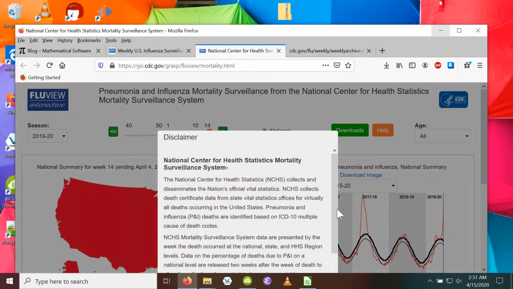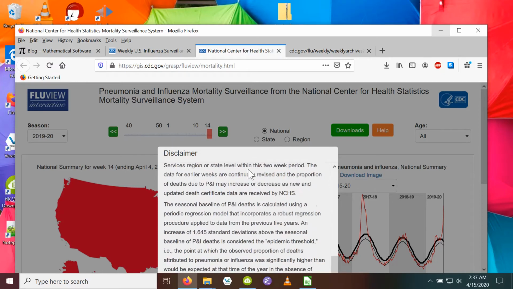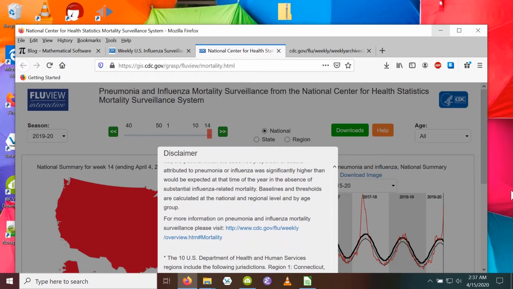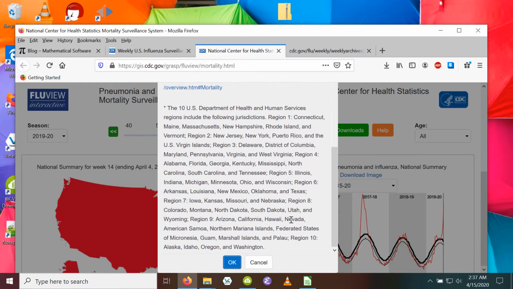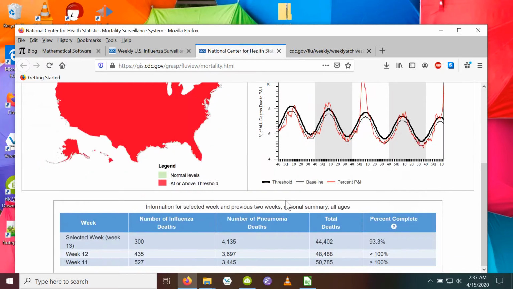Okay, so this is basically this same, oh, this is important to show. This is the disclaimer. There's a big legal disclaimer that basically says these numbers change. I'm pretty sure this disclaimer was not here a couple of weeks ago. There was some language like this, but not a pop-up that comes up on the FluView as soon as you get there. You can't do very much here without scrolling through it, in principle reading it. And I would say it appeared because of tough questions they're getting about this website and the data on it, which is rather strange.